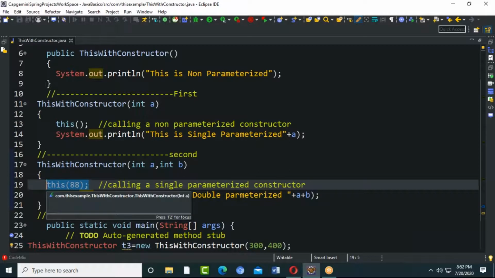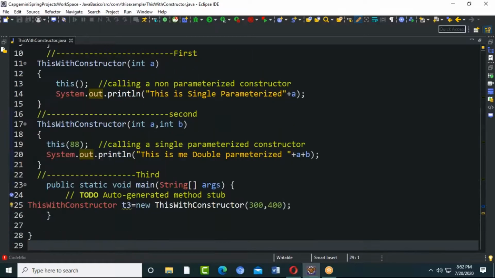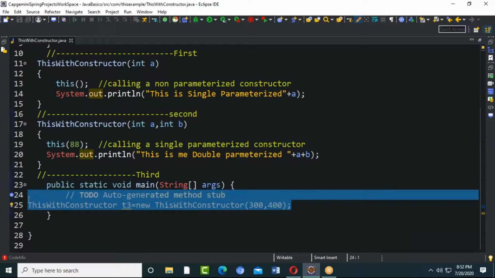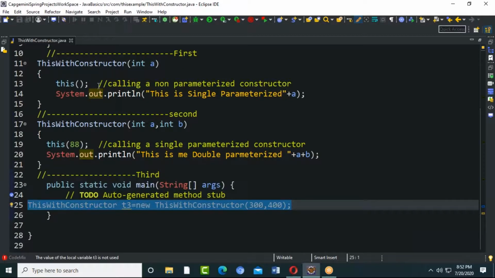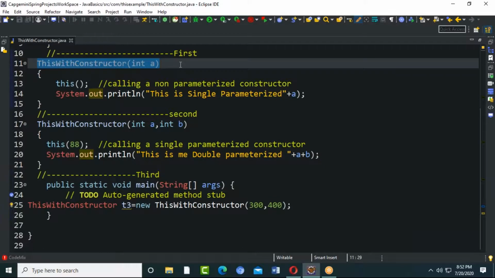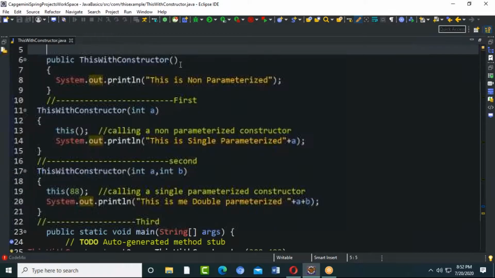So this we are going to use in rare cases. If you require it, then only you'll call it this way. A constructor inside another constructor, very rare chances we'll be calling. So that I don't need to create objects for everything. I can create only one object. If I create an object for this, that means I'm initializing all the remaining objects also. This one also I'm initializing, and the empty one also I'm initializing.